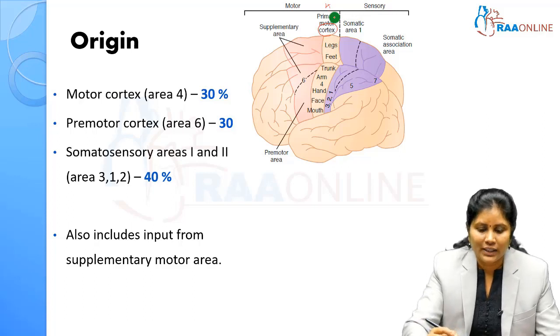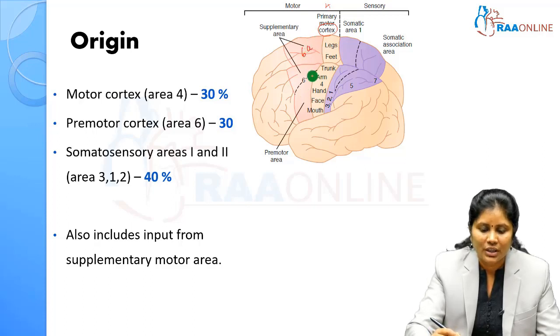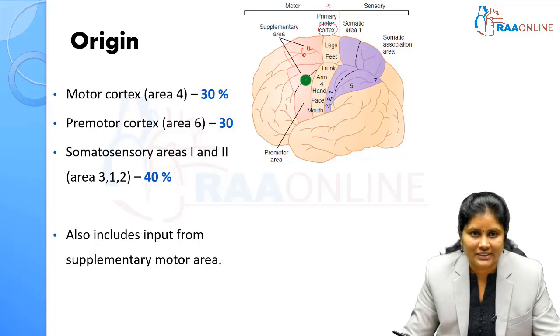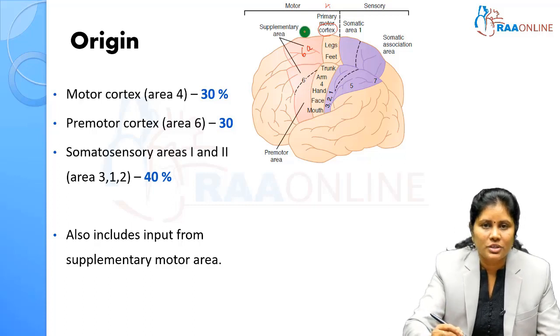Then there is the premotor cortex or area 6. This is just anterior to the primary motor cortex. This also includes 6A, that is the supplementary motor area, which is just a neighbor to the premotor cortex. Area 6 and area 6A also contribute about 30%